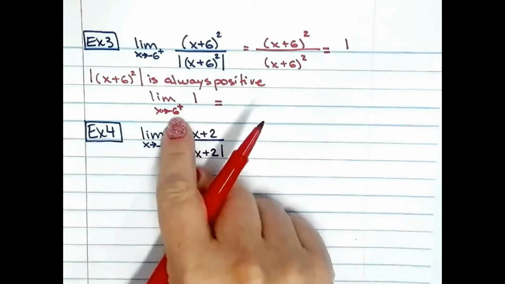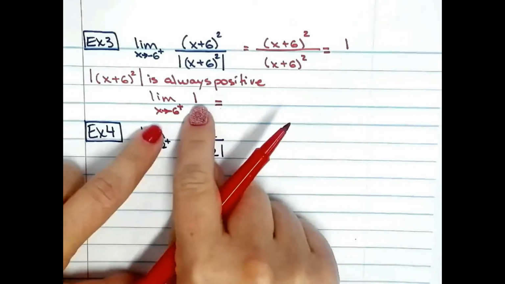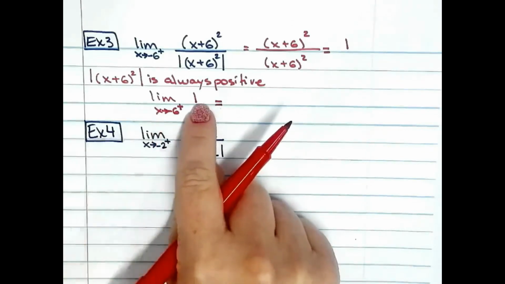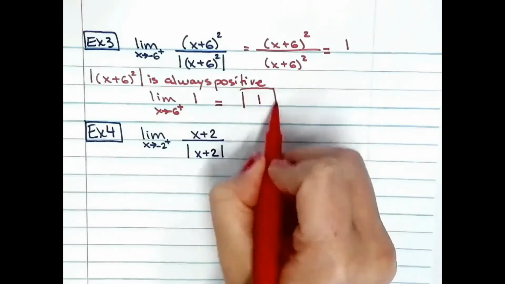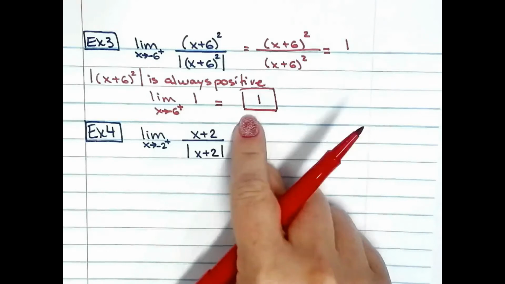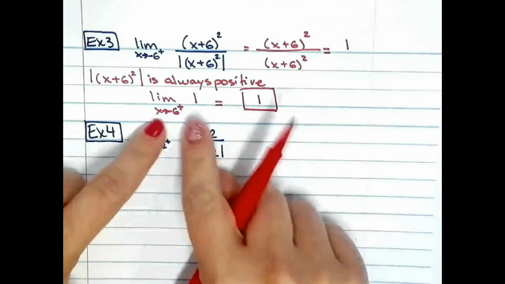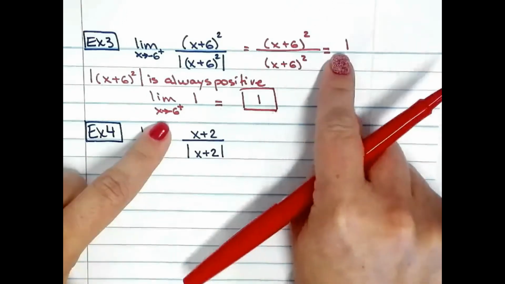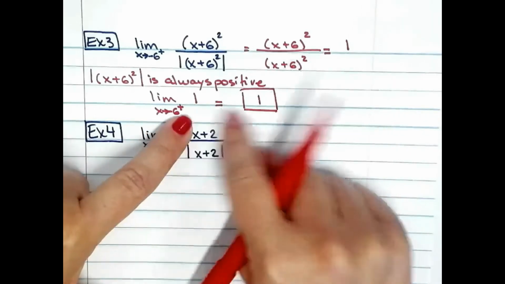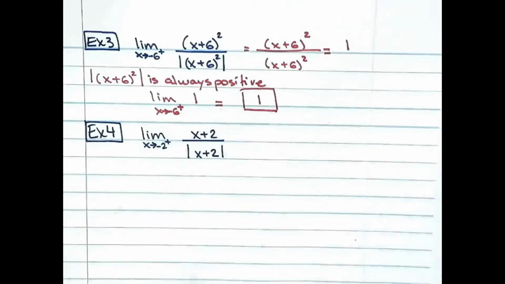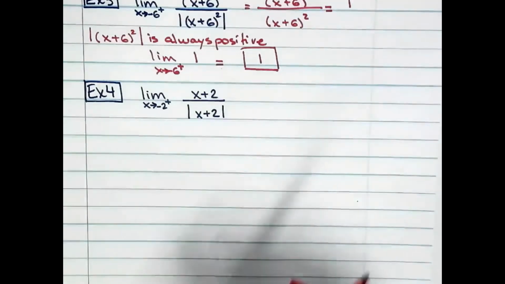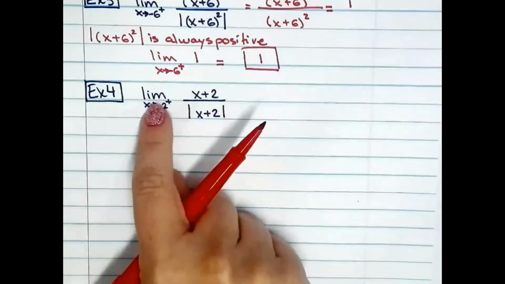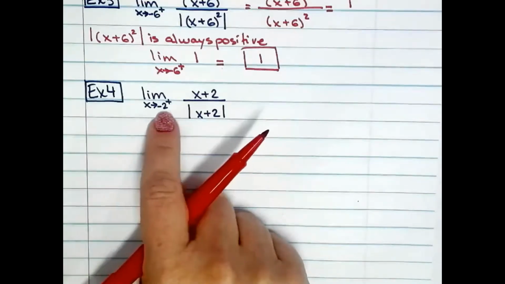And you know from the limit laws that when you're finding the limit of a constant, the answer is the constant. So when you're evaluating this, you did all this work just to come up with 1. Okay, but if you're capable of simplifying this whole thing down to 1, that's awesome because that's all you need to do. All right, so example 4, we have to find the limit as x approaches negative 2 from the